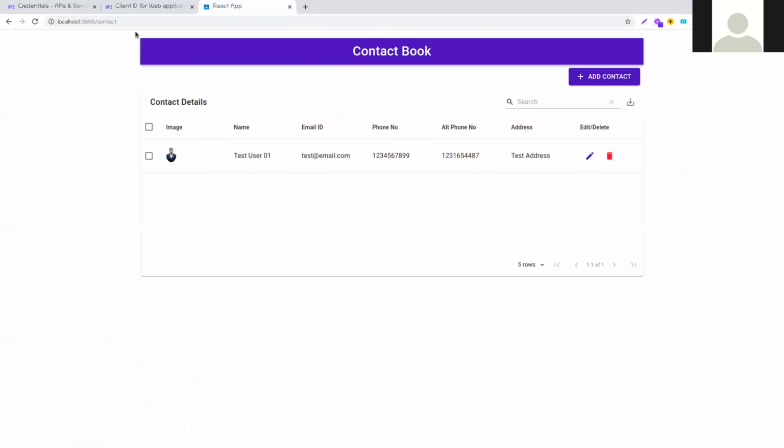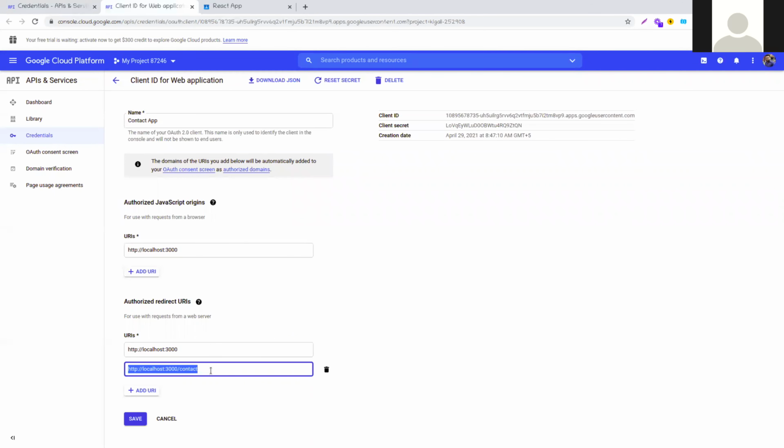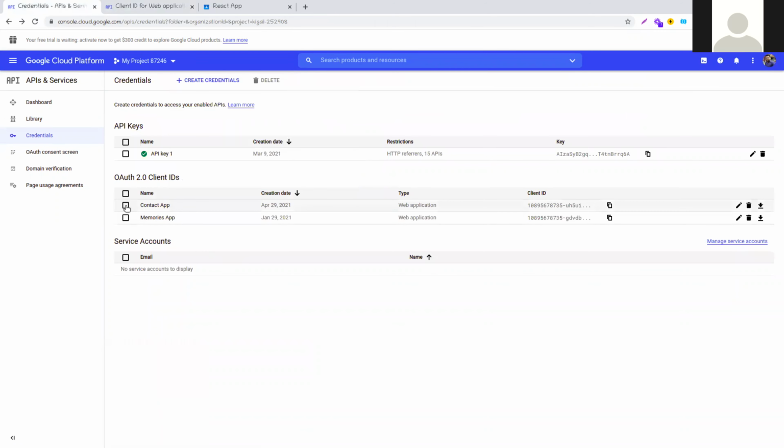So it is enough to put only this. For our case, as I already told, this will be the auth page, and when someone is logged in, then it will render to this route. Okay, so you need to give this route over there and click on the Save button. Then this thing is created. Then you just copy this client ID from there. Just remember you need to copy this client ID up to this.